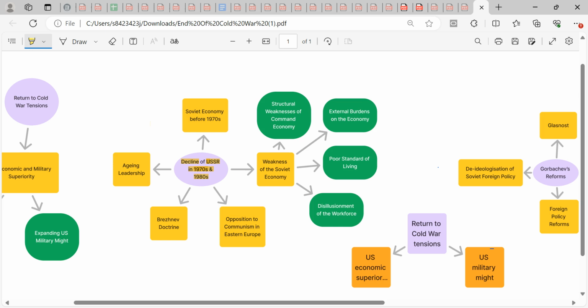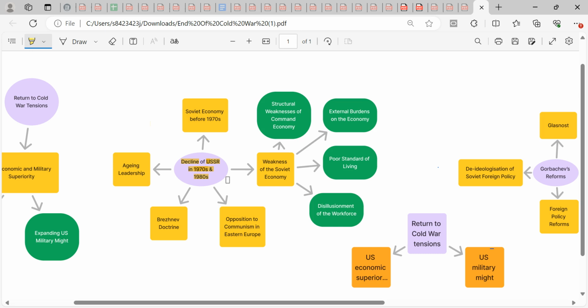whereby they possibly introduce a given factor and ask you to agree or disagree whether that factor was the most important factor. So perhaps a question along the lines of, was aging leadership the most important factor in contributing to Soviet economic decline or Soviet weaknesses in the 1970s and 80s, something to that effect, right? So first off, that's how you should understand the content for this part, at least,